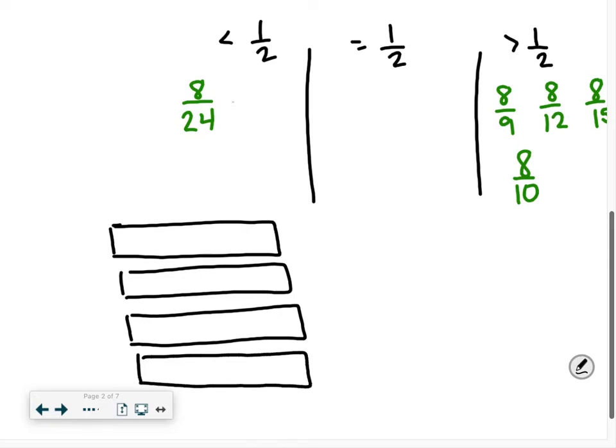Before you start sitting there and comparing all these fractions, think about it in terms of candy bars. Each of these 4 people have 8 pieces in their candy bar, but their pieces are different. Because this person has 9 pieces in their candy bar, this person has 12 pieces in their candy bar, this person has 15. So if you break this up,